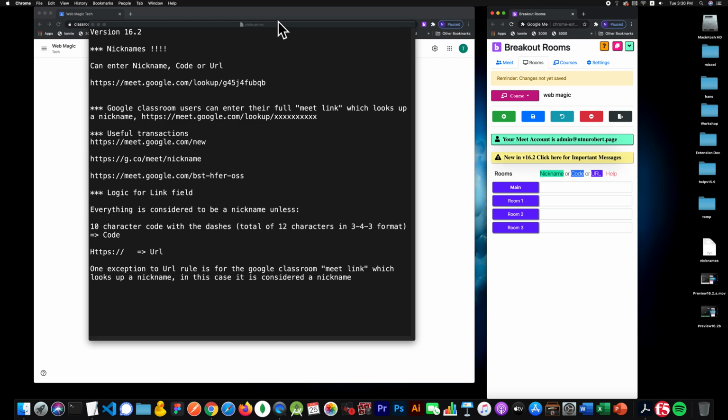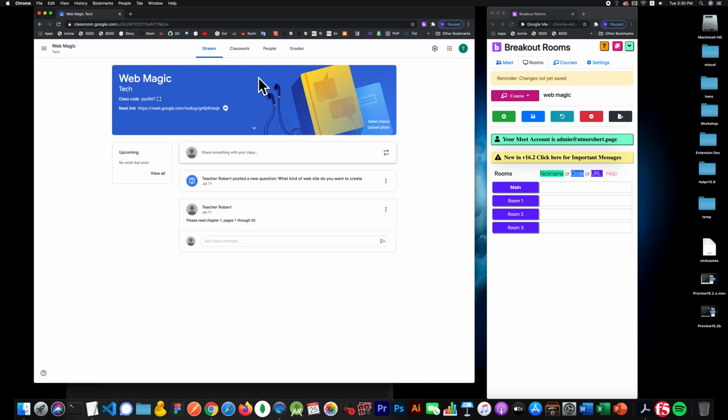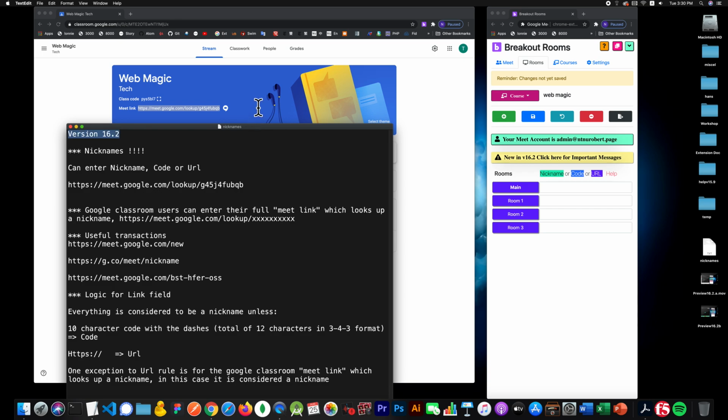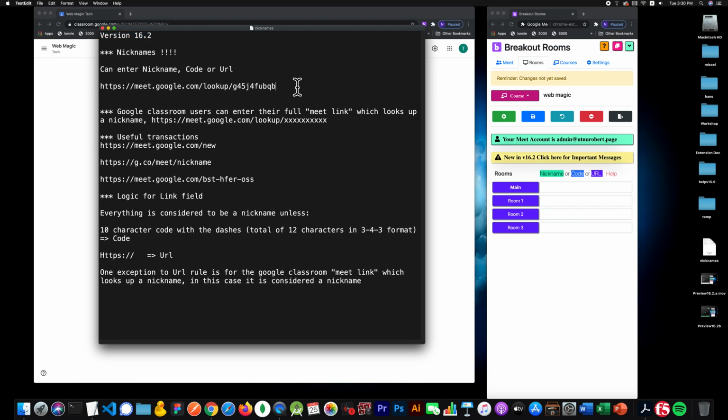Now I'm going to use a Google Classroom example. Here we go. This is the lookup link. They call it the Meet link. I'm going to copy it and paste it right here in my clipboard. There it is. Okay, let's just examine what this link is. It's